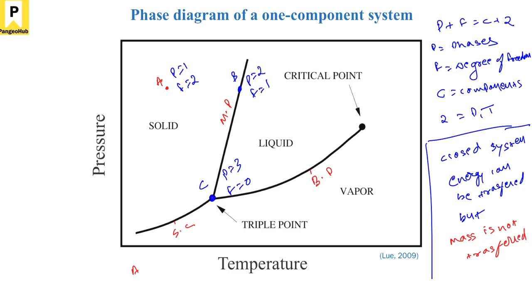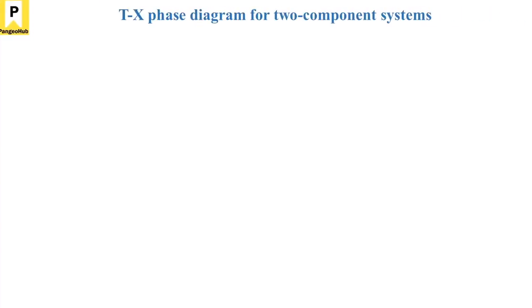So this is all about one component system. Now we are really interested in understanding the two component system. So what we'll do, we'll add one more component and see how it behaves. So if I take a particular pressure, then this solid phase A will have a melting point here at this pressure. So now let's say I take two components. In that case I can draw, let's say, this is like this.